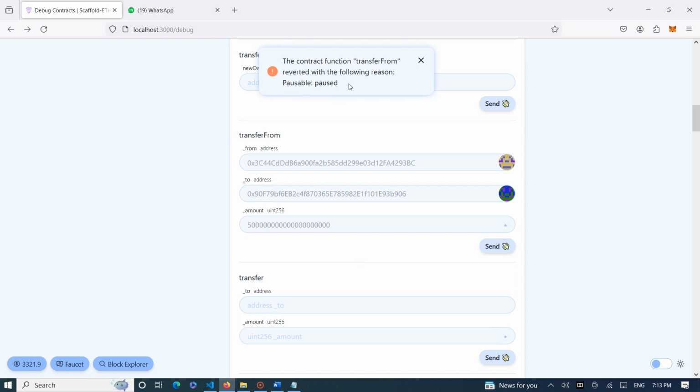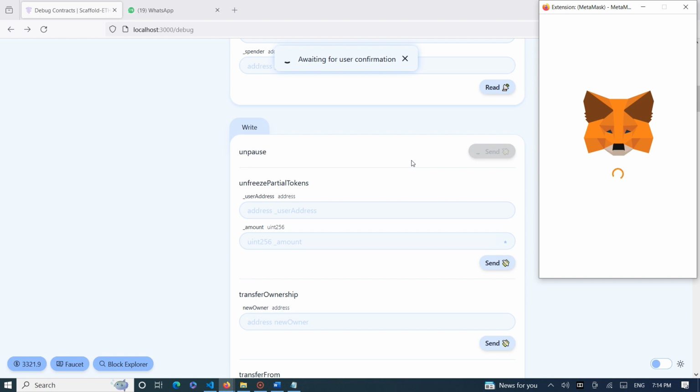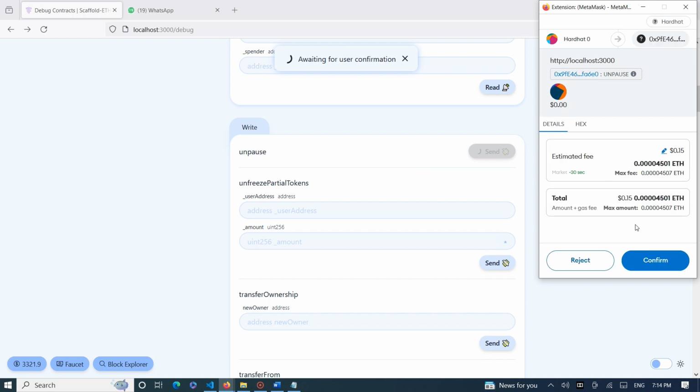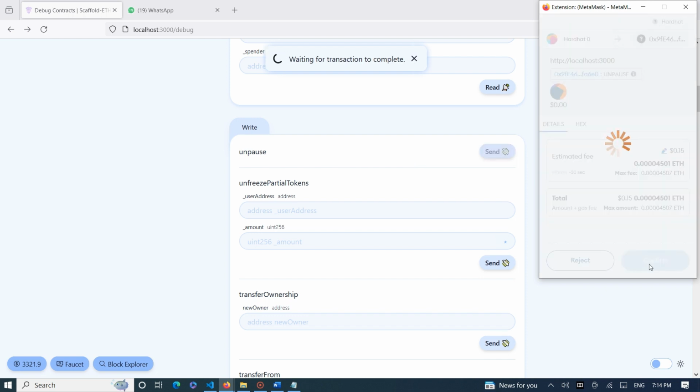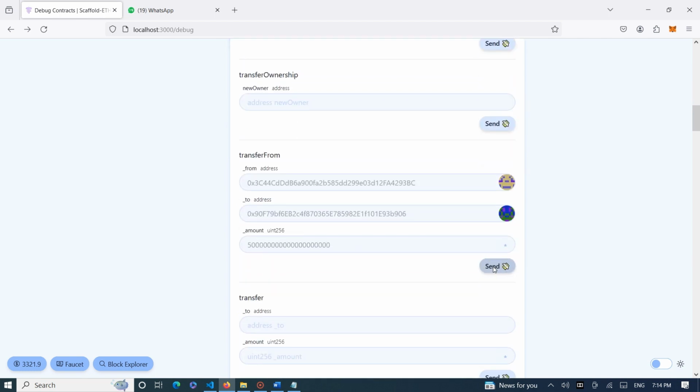At the moment, when we try to transfer half of the tokens from user 1 to user 2, we can see that there is an error. Even when we unpause the tokens, it says that the transfer is not possible. This is because we haven't completed the identity registry for user number 2. This shows that the on-chain ID function is still working,